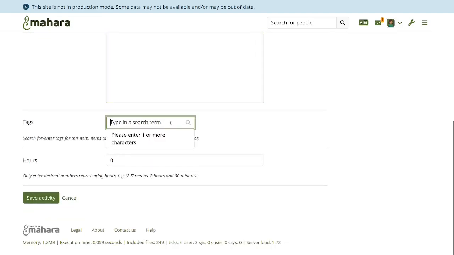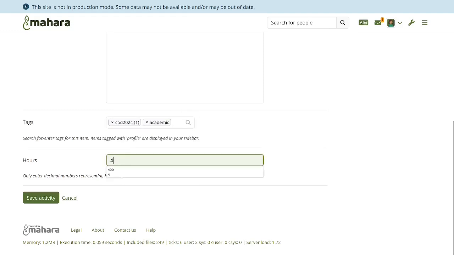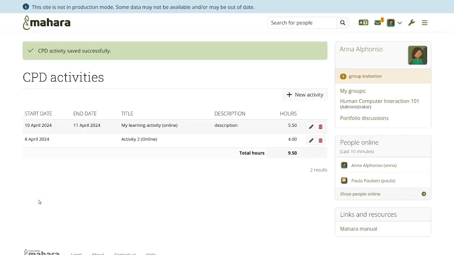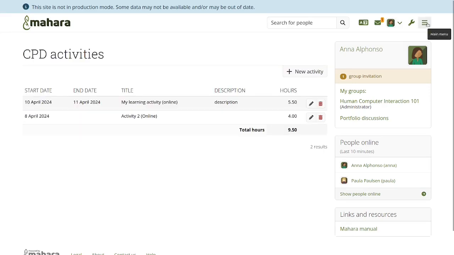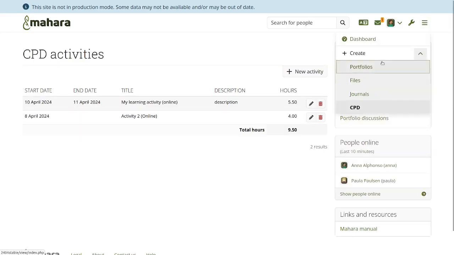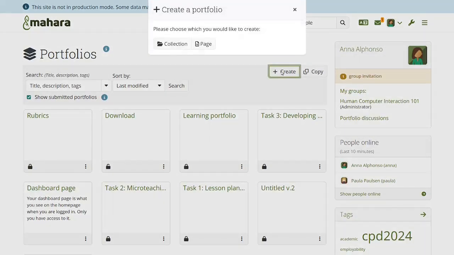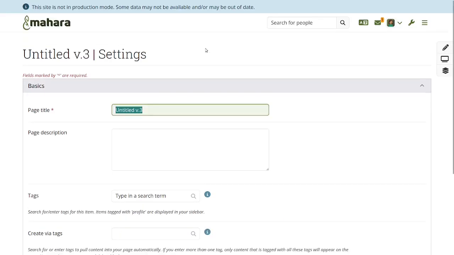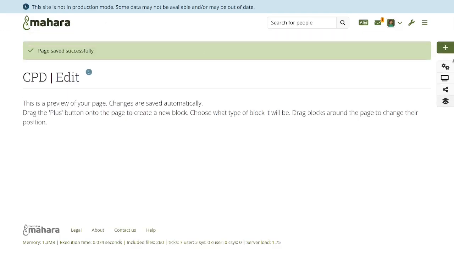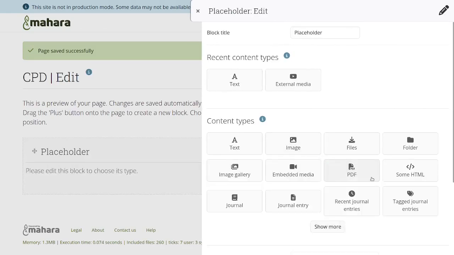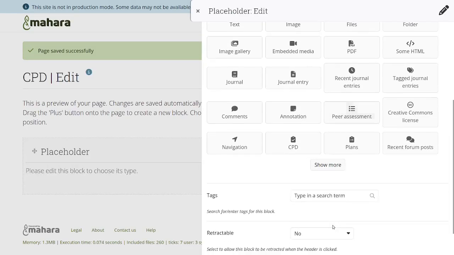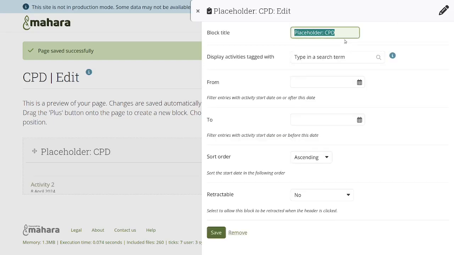I can leave the description free, but I can start my CPD. And here you see that the hours are automatically counted for you and totaled. Now I'm ready to put that block onto a page. So I go to my portfolios and let me create a new page for that. I can pull the block over, find the CPD, and